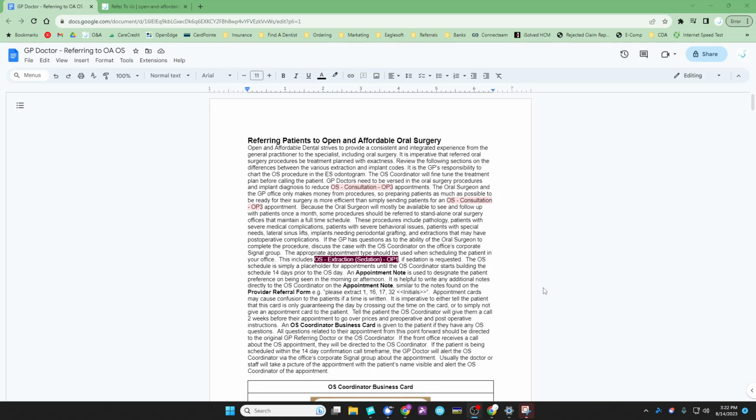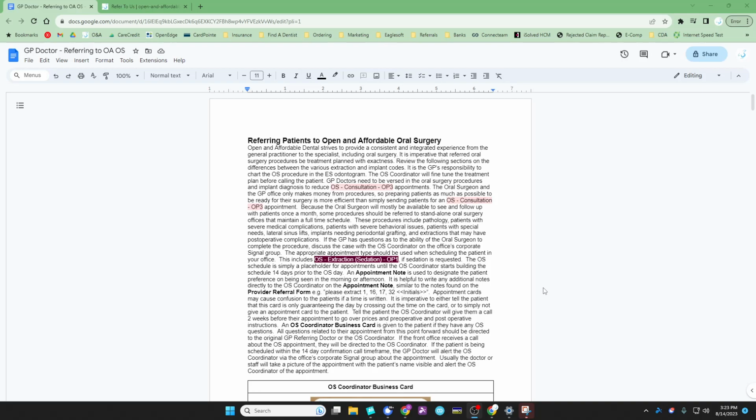One thing that is important is that we're scheduling the correct oral surgery appointment type. The general practitioner will be scheduling the oral surgery visit and using the appropriate appointment type right there in the operatory with the patient. Or the front, if they're receiving a call, can schedule onto the oral surgery day, as long as they use the correct appointment type, and especially that the patient has already seen the general